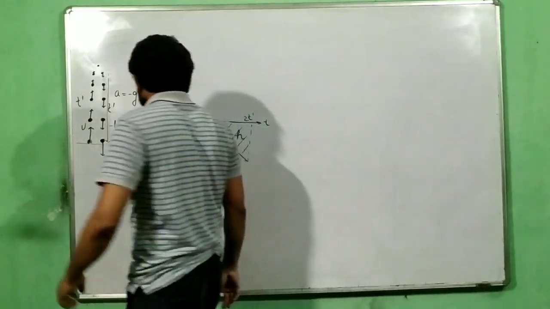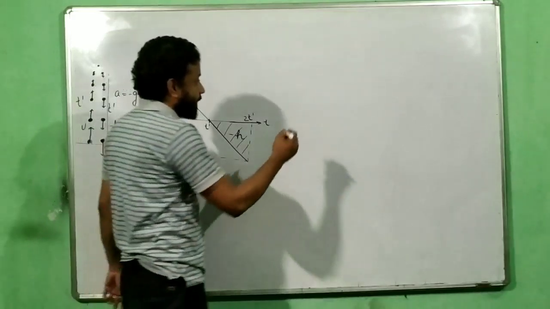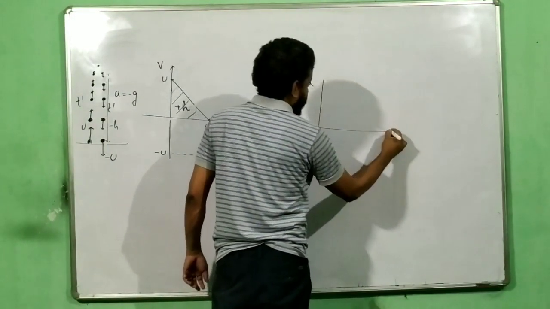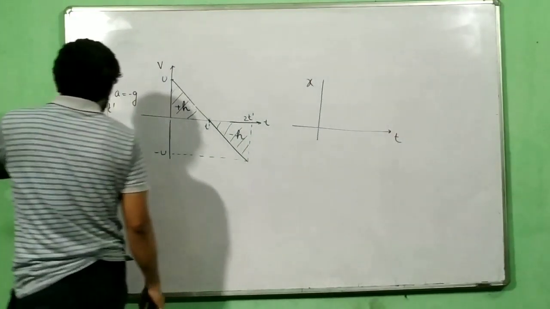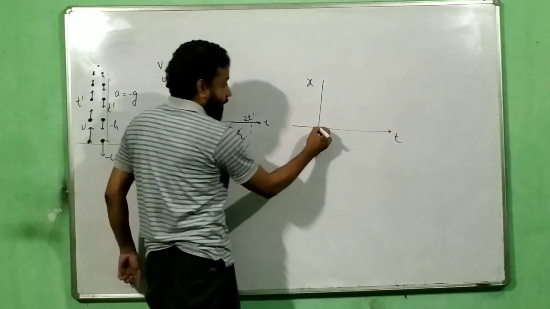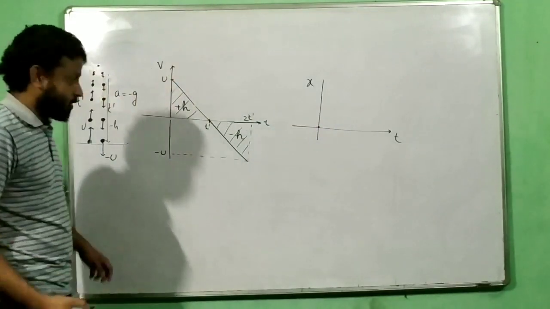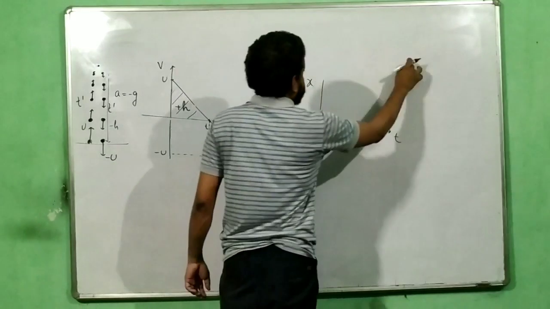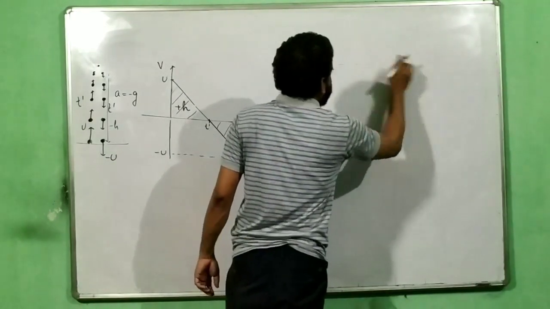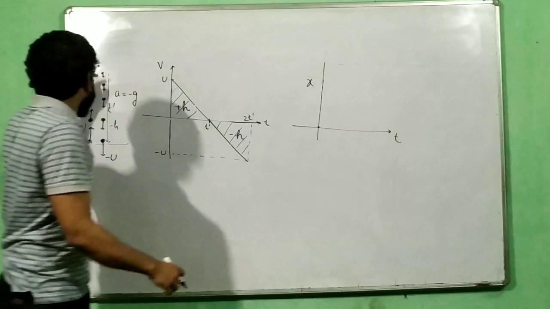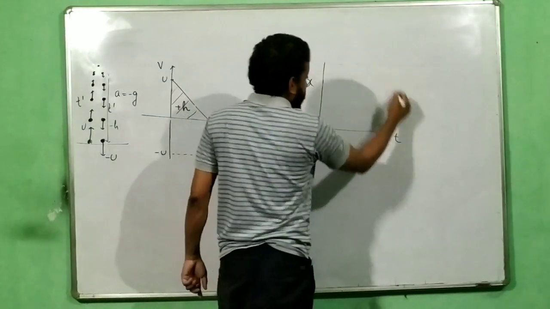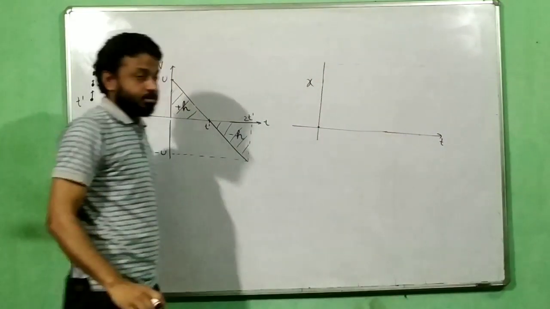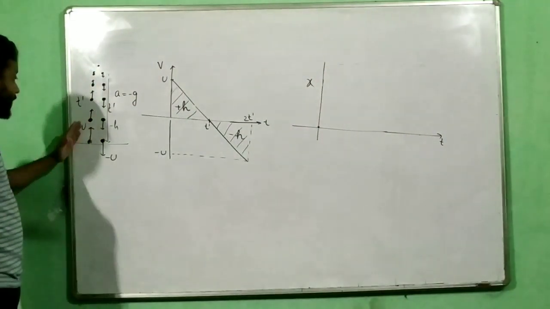Now, how will you plot the displacement-time graph for the same situation? It starts from the ground, fantastic. I will start from the origin because it's starting from the ground. From the ground it goes up, so it should go up somewhere, somewhere it should touch this line, and then somewhere it should again come back to the same point. Now, how should it go up?